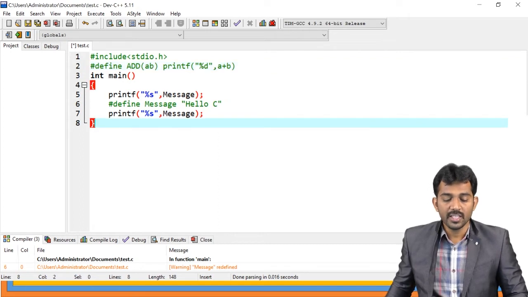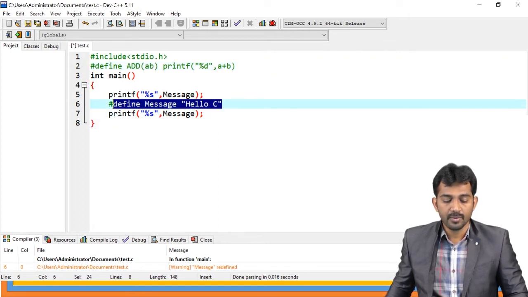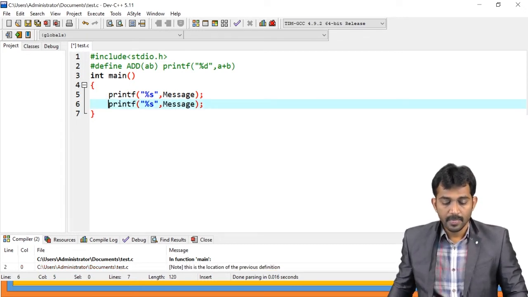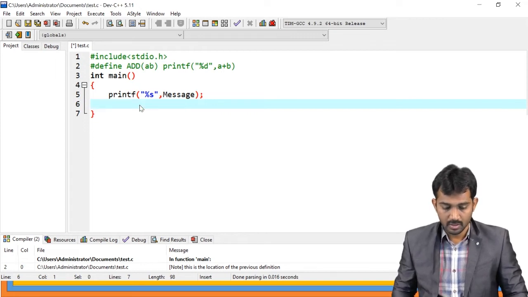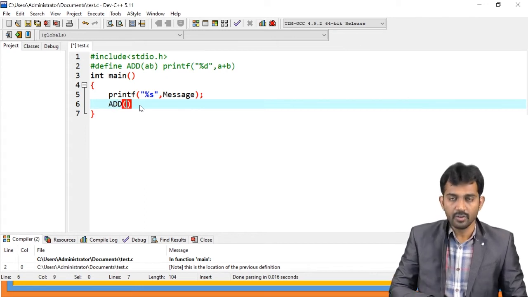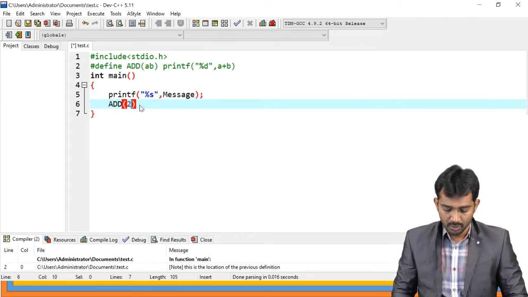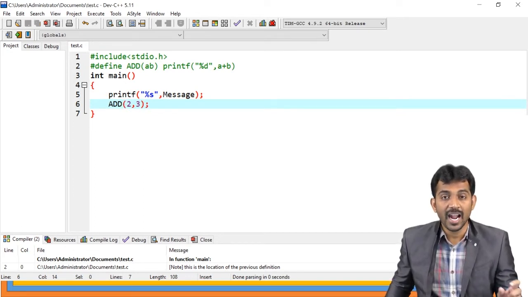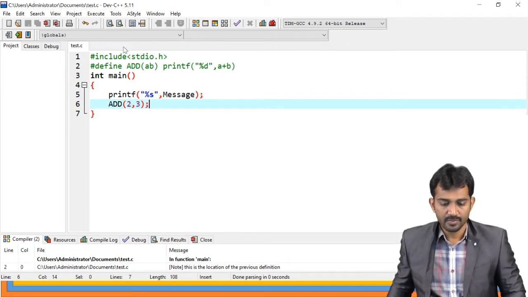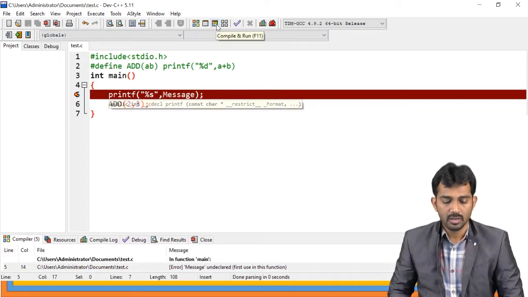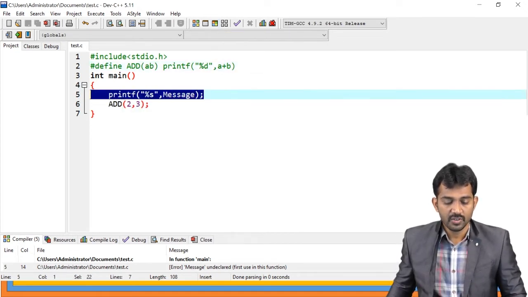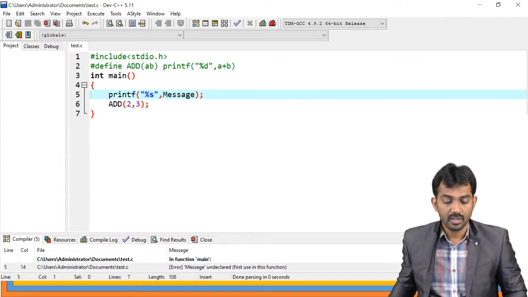If you call this, addition of 2 comma 3, here add, we don't have an add function, but add is a pre-processor function. If you run this code, what has it done? Message is undeclared. Yes, I deleted message. That is why it is going to generate an error.